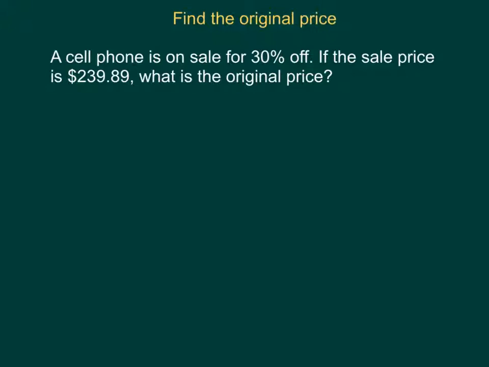Now, when you're trying to find the original price of an item, you want to set up an equation and solve for the variable. So a cell phone is on sale for 30% off. If the sale price is $239.89, what is the original price? So what this means is you want to first determine what percent of the item did you actually pay. And since the cell phone was 30% off, that means you paid